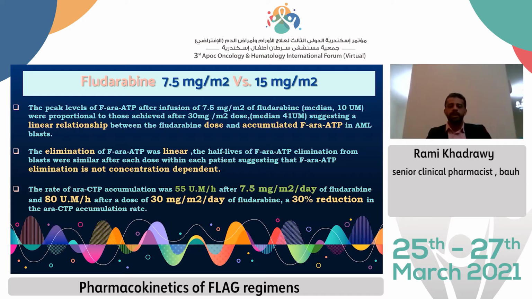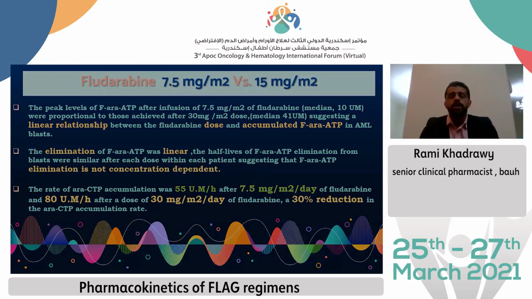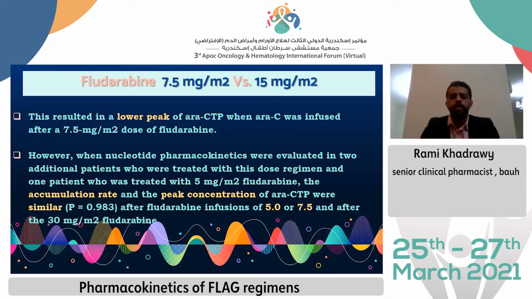The RACTP accumulation was 55 micromole per hour after 7.5 milligram per meter square. However, after 30 milligram per meter square in the same patient, the rate of RACTP accumulation was 80 micromole per hour, with a 30% reduction in this rate of RACTP accumulation. While this resulted in a lower peak of RACTP accumulation,